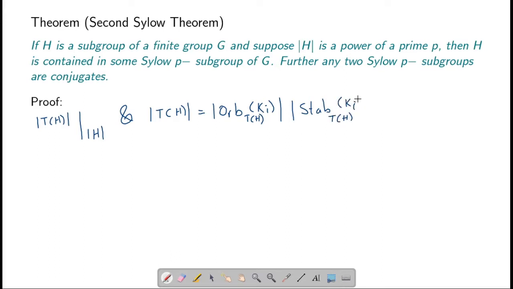Which means that the number of elements in the orbit of Ki divides the number of elements in T(H), and hence